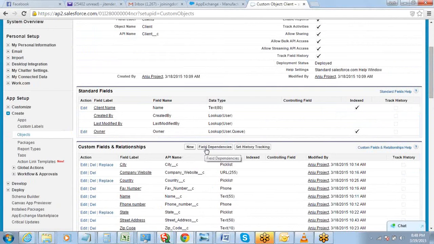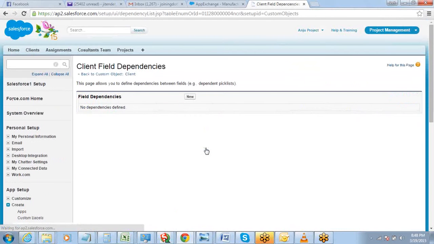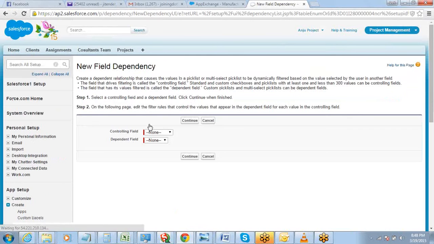Just go ahead and click on field dependencies. Now you define a new field dependency. Which one is your controlling field and which is the dependent field? In this case, I want to create a field dependency between country and state, right? So out of country and state, which is dependent, which is controlling?